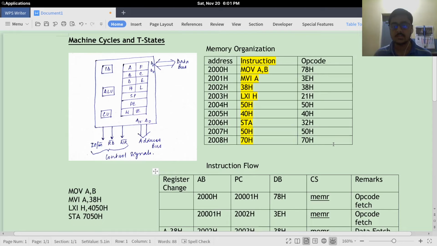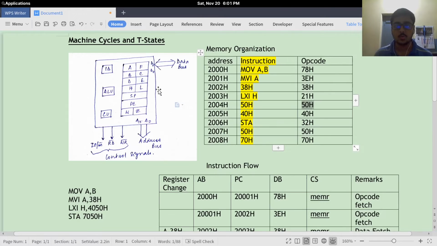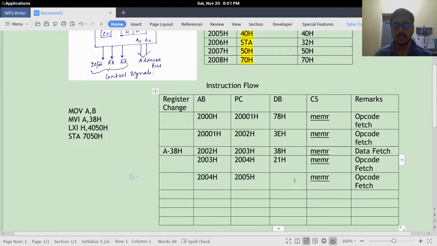We read something from the data bus. So 50H will be sent through the data bus and stored directly in L. So 50H is contained in the data bus, and L contains 50H.